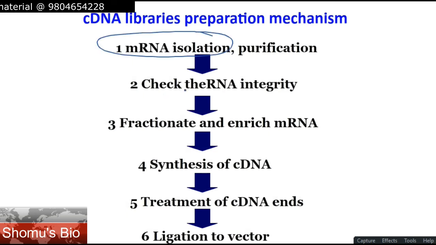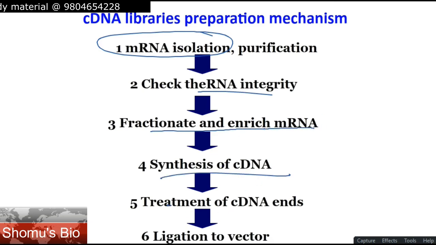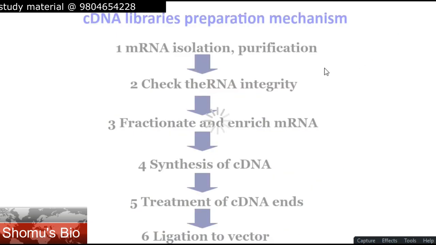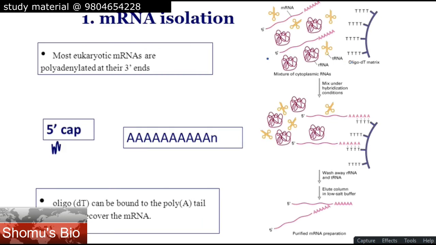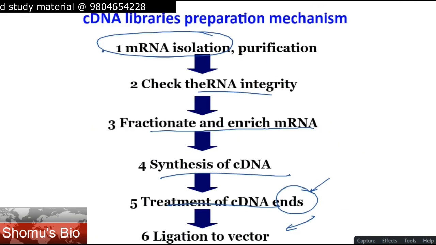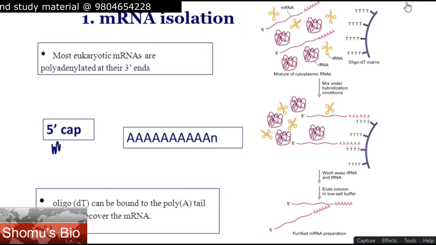After that, checking the RNA integrity, then fractionating it and enriching the mRNA, then synthesizing the cDNA. Treatment of the cDNA ends so that it is ready to be cloned, and then the ligation with the vector. Then we insert it inside the host and the process. Now, among all these steps, one more important step is the isolation of mRNA